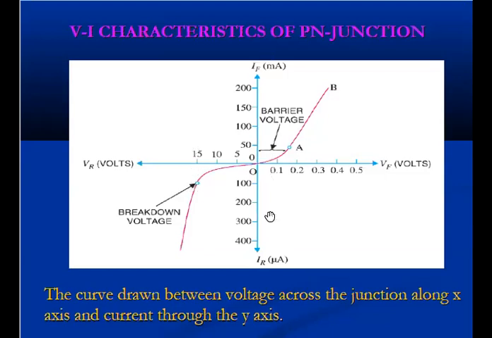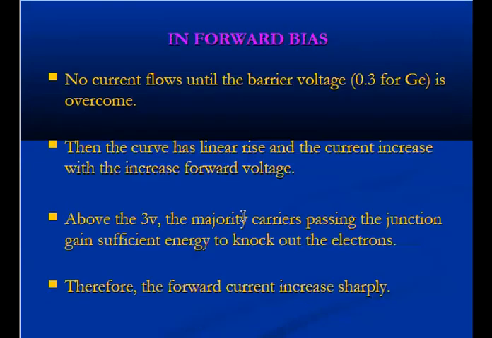This is the forward current axis, this is the reverse current axis, and this is the forward voltage, and this is the reverse voltage. Forward current can be mentioned in milliamperes and reverse current can be mentioned in microamperes. Why? Because in the reverse biased condition, the reverse current is a very negligible amount of current, indicated in microamperes. This is the knee voltage, that means forward breakdown voltage, and this is the reverse breakdown voltage. So this one we have already seen.